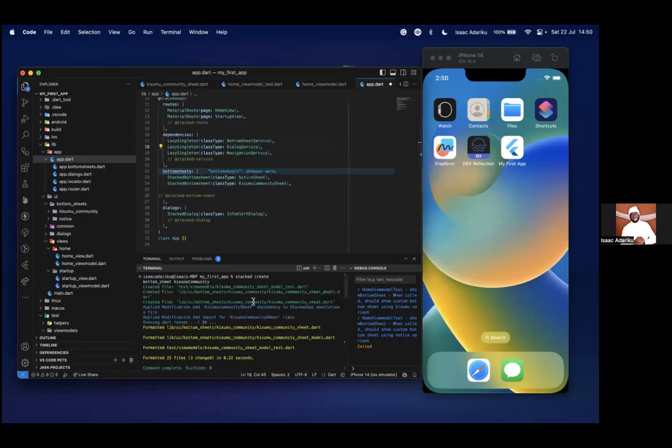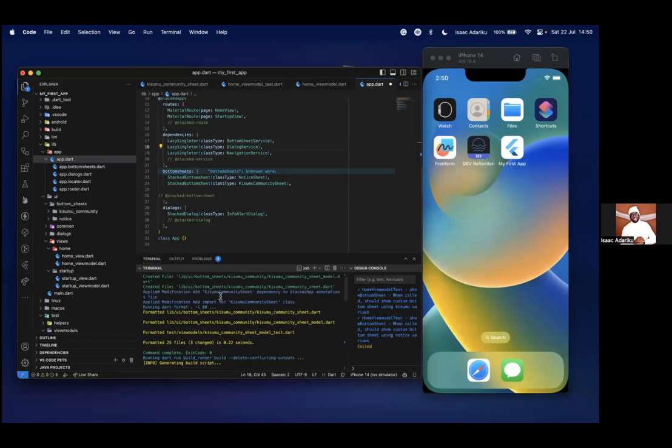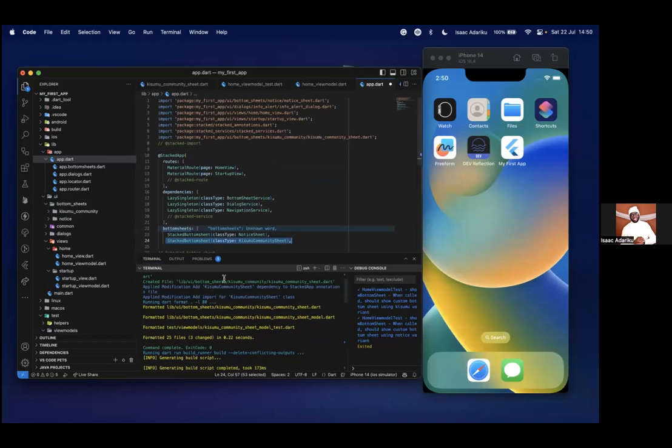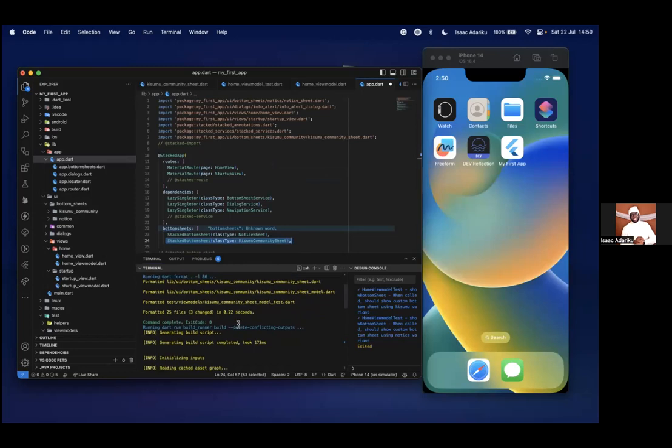If you look, when I run this command, stacked create bottom sheet, it created these files for us: the test file, the actual view model, and the sheets, and it applied the modification to the dependency. It automatically adds this for us, adds the imports where we need them, and also formats all the bottom sheets, the scaffolded one, and helps us run this command.